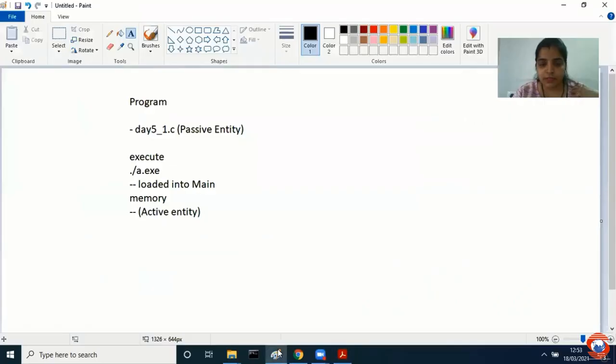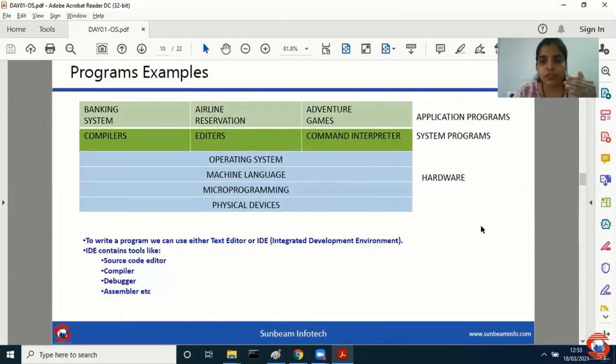Because we will see one algorithm which is called the multi-level queue algorithm, in which your operating system keeps track of which processes run in the foreground and which processes run in the background. So it maintains a queue for that. Which are not so important, it keeps in the background. Which are very important, which are currently getting executed, it puts into the foreground. So that job is done by your operating system. Okay, there is a queue which is maintained by your OS.